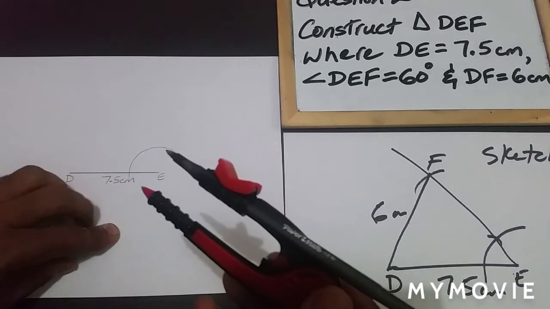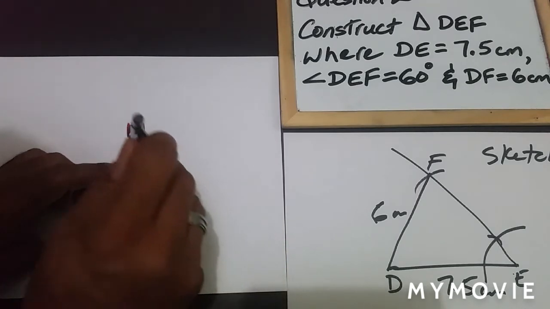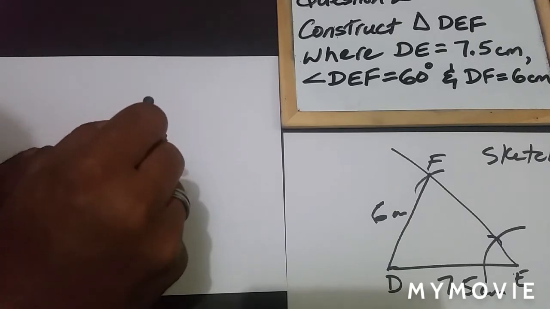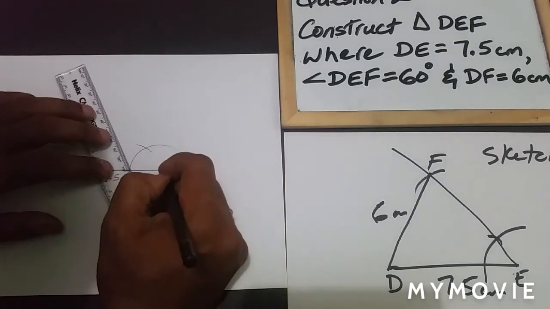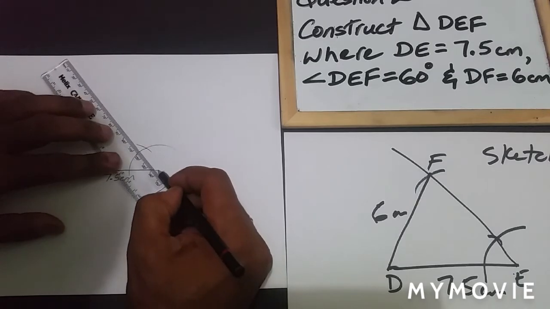Then I'm going to lift it up without shifting, put the point at the intersection of the arc and the line, and swing another arc. Where they intersect, I'm simply going to draw a line from vertex E through this point,